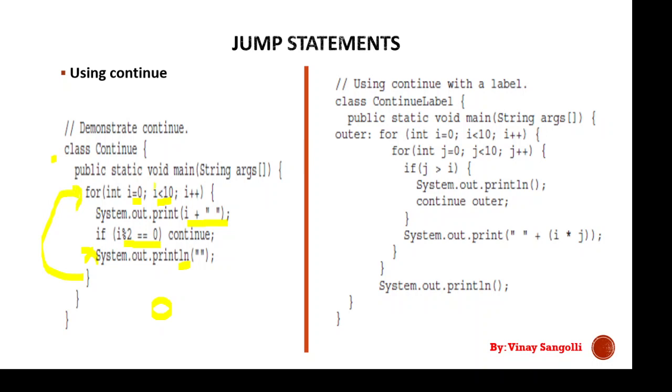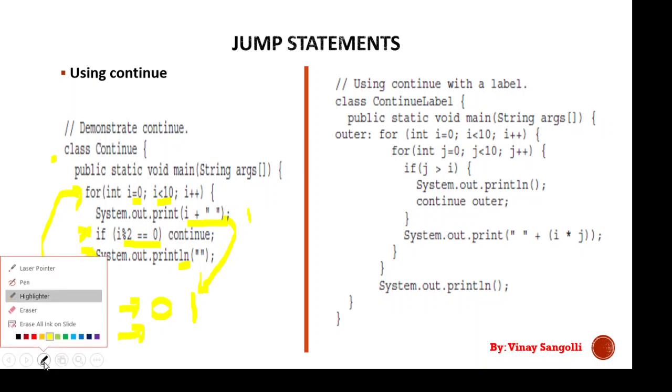Now what will happen with the I? I is incremented. The I value is now 1. It will print the value of I, which is 1. So this line has printed the value of I, which is 1. So is 1 mod 2 equal to 0? No, this condition failed. Now what will it do? It will print the next line. We had our execution here in this line, and now the execution is passed to the next line, which is the second line.